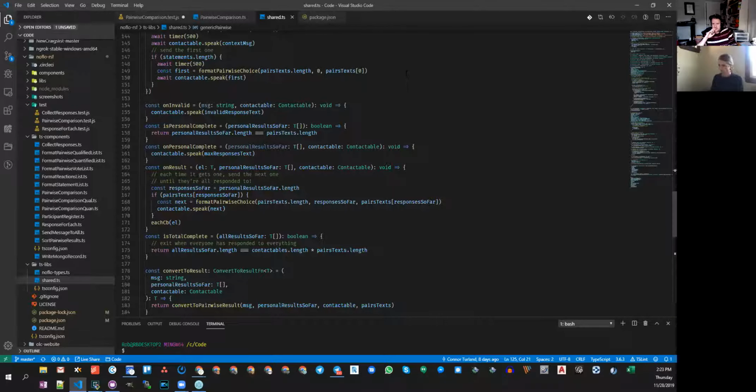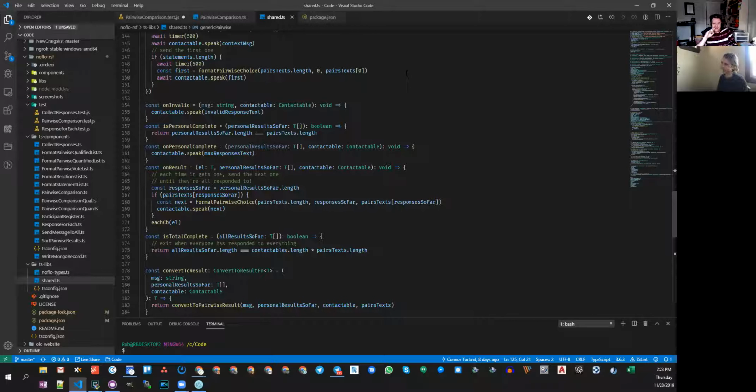Basically, I guess it's length. That's referring to what, an array? I guess it's saying it's always returning true or false depending on if you've personally completed the full array of possible comparisons.